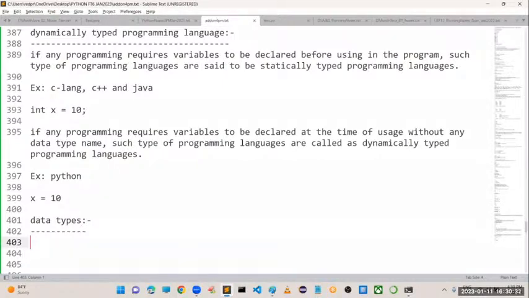Then what is the need to study data types? Very simple. As a programmer, we should compulsorily know the different types of data. For that purpose we are taking these data types. As a programmer we should know what the different data types are.